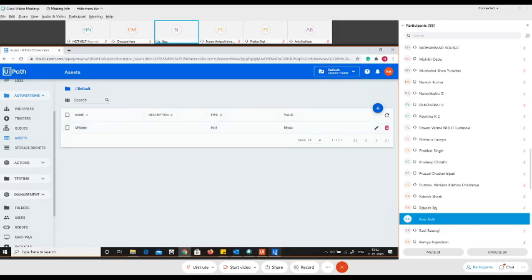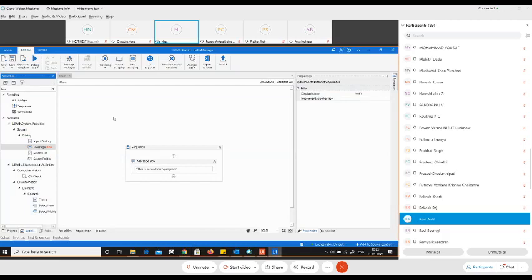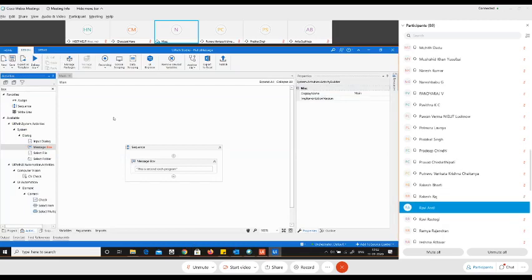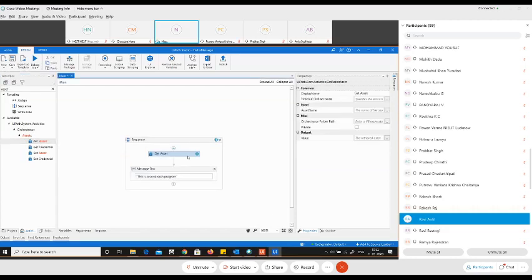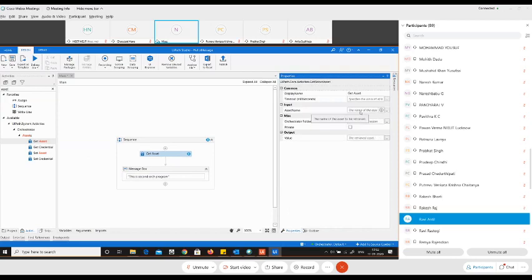Now let us head back to UiPath Studio, and in the UiPath Studio, we will call that asset and print the value, and I'll show you what is the value that is going to be printed. For assets, we have activities for it. So we will be using the Get Asset activity. Please make a note of this activity. The asset activity is Get Asset. I'll drag and drop the Get Asset activity. Now under the properties panel over here, you see there is an option called input, where it is asking for an asset name.